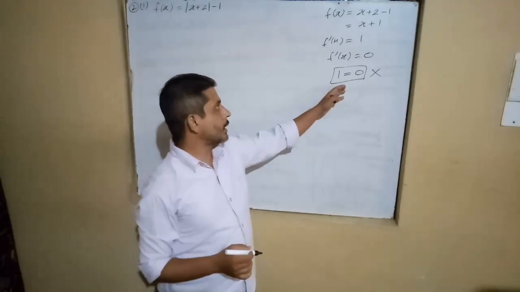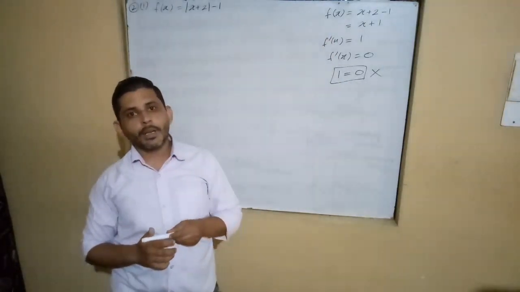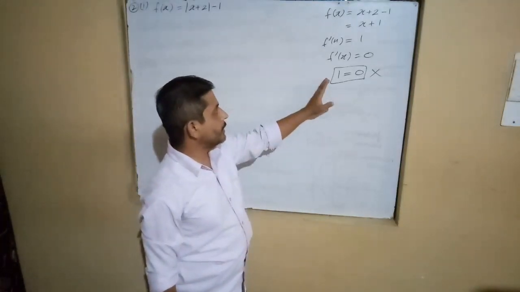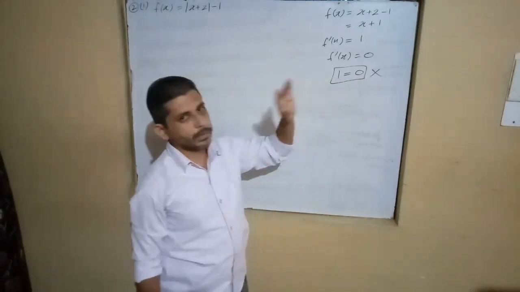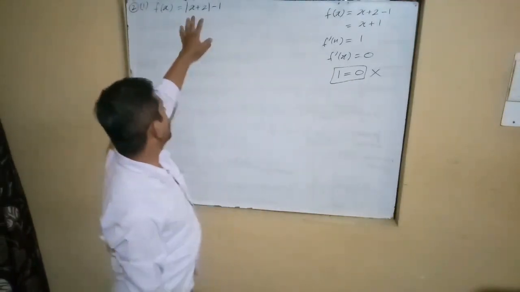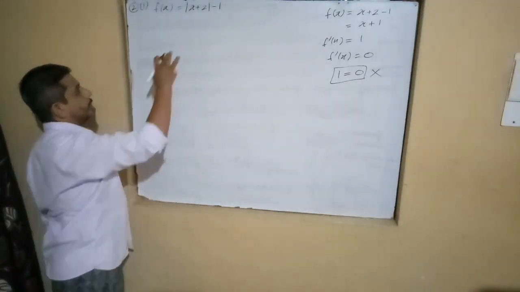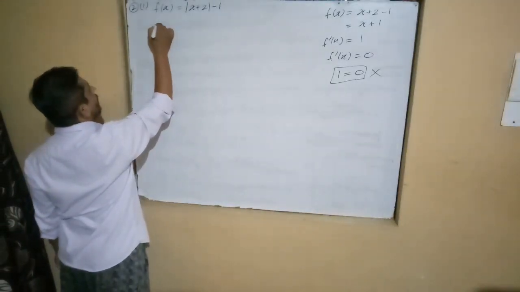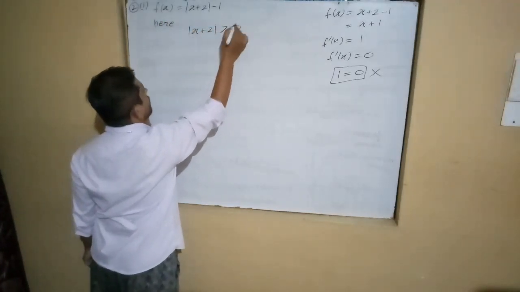It means no critical points are coming from this equation using the first derivative test. After applying the first derivative test, we did not find any critical point. So how do we find the minimum and maximum value here? In some such special cases, we apply some trick, like here. Look here. Mod of x + 2 is always greater than or equal to 0.